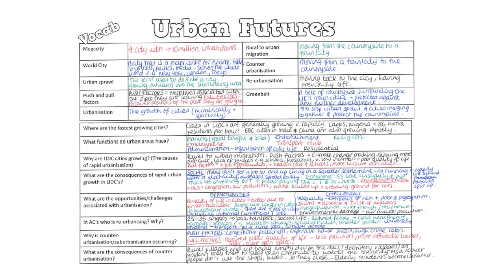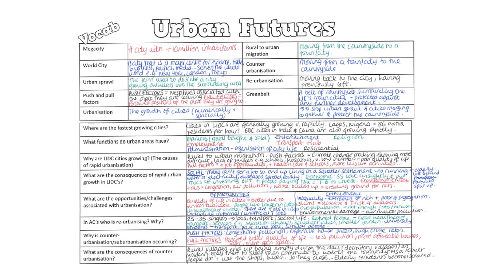The pull factors about the urban areas that are pulling them towards them includes the fact that there are many more job opportunities, both formal and informal jobs. So the ability to go and collect rubbish from a rubbish dump is an informal job that people can do where they can make themselves some money to improve their quality of life. There's also better healthcare, there's better schools and education, there's more leisure activities, and these are the pull factors that cause people to move into the cities.